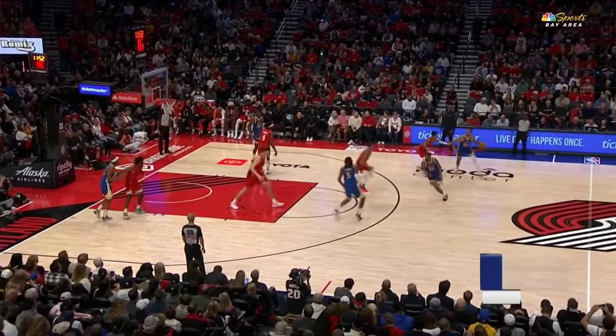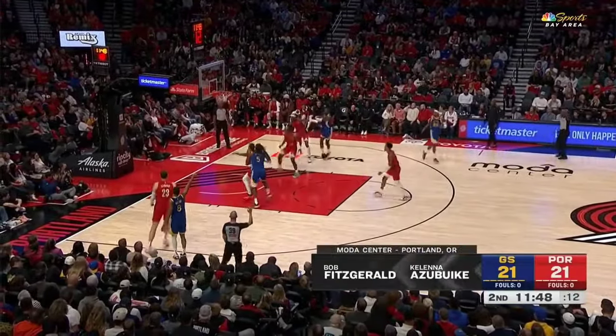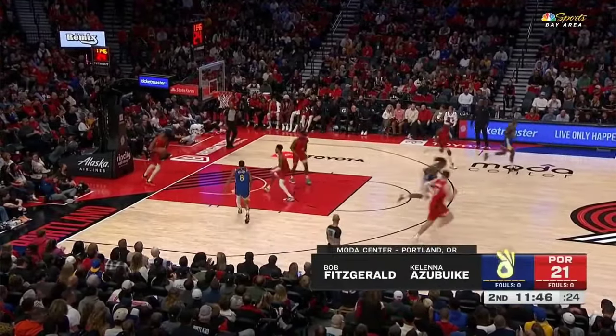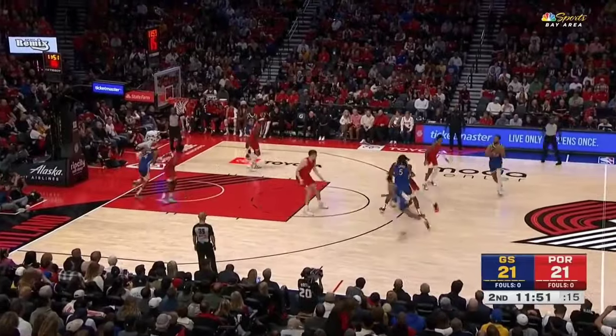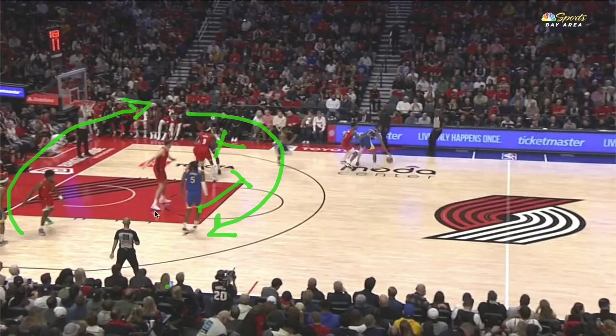Hello, everybody. In the middle of all the destruction in Portland, we saw the regular season debut of the Terry Stotts Wheel Plays. Here's a classic version. We've got one player running a loop in this direction, and on the backside we have someone running in the opposite direction. So it looks like they're running in a big wheel, and also it comes from a basketball offense